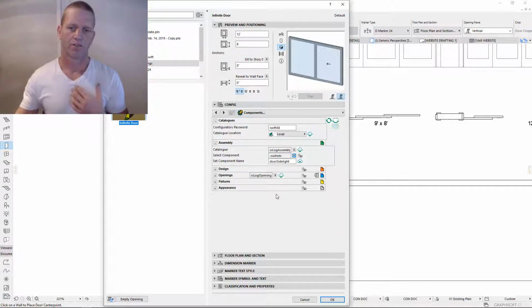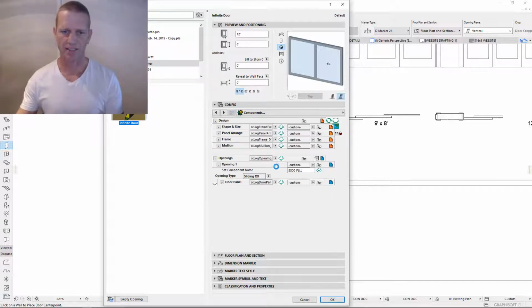Now we've created a new view of the interface which we call the designer, and it basically filters this menu down into the key elements. The key elements being the shape and size, the panel arrangement, the frame, and the mullion. That's probably not that key an element, but still is fairly crucial. And then the openings, so the opening type and the panel, which is basically the panel style, so that'll allow you to change the panel style. So if we can focus on these elements, we can get most of what we need to generate